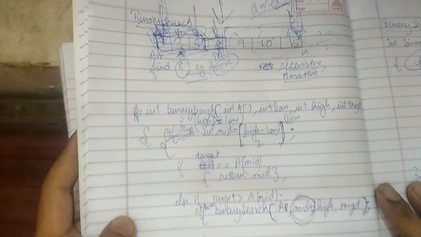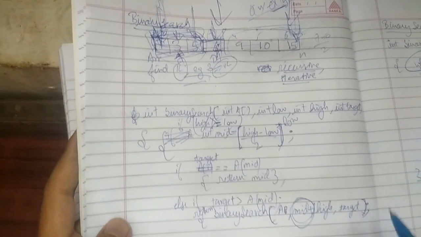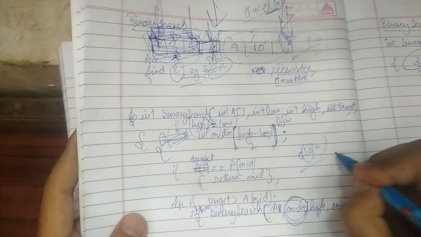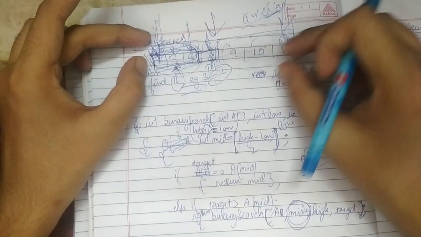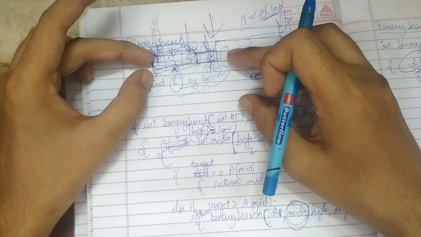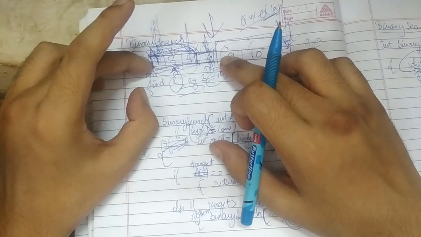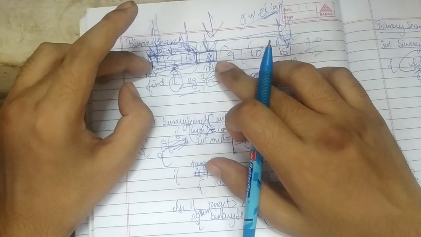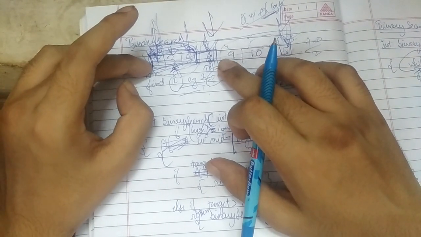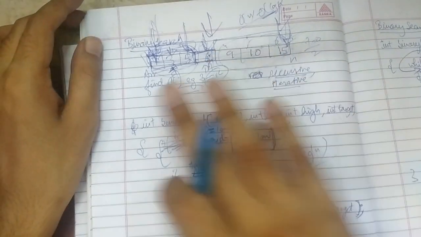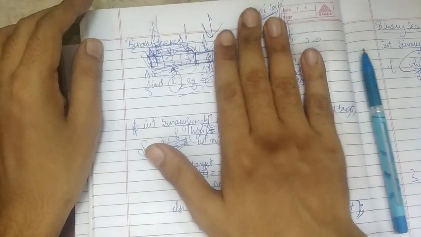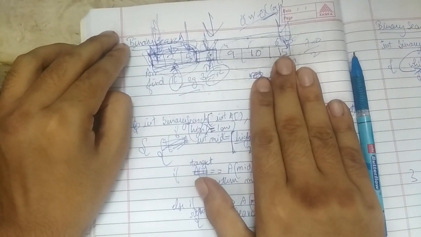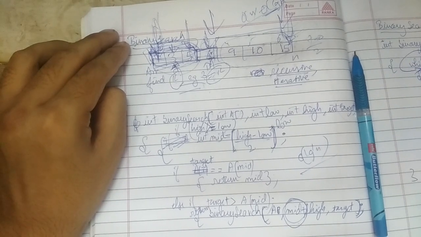Now let's see the time complexity of the two approaches. The time complexity of binary search is O log of n. Whenever a search space gets reduced in half after every step, then the time complexity of that algorithm becomes O log of n. So in binary search, every time the search space gets halved, so therefore the time complexity is O log of n, whether it is recursive or iterative.